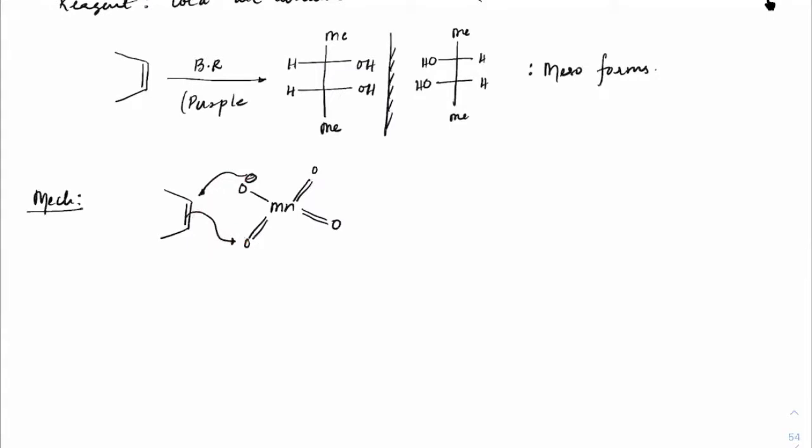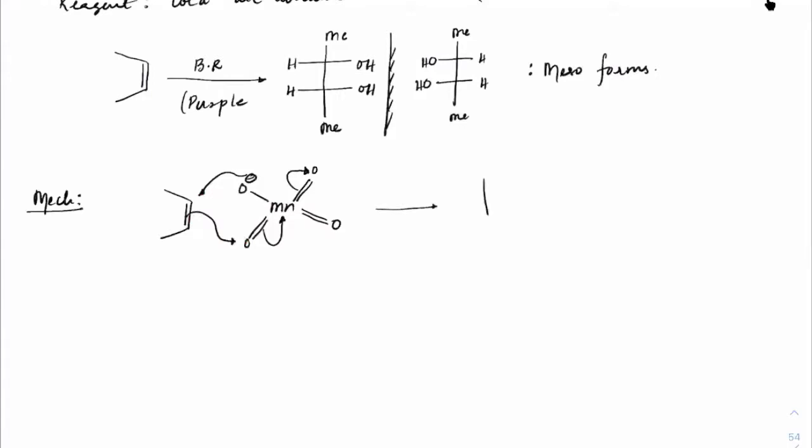The reason for that is these pi bonds are delocalized around oxygen, and manganese has very high electronegativity because it is at the +7 oxidation state. So that makes this pi bond attack one of the oxygens. At the same time, the lone pair containing oxygen will attack here. As soon as that attacks, this pi bond will shift onto manganese, and from there onto oxygen, giving rise to an ester form here.